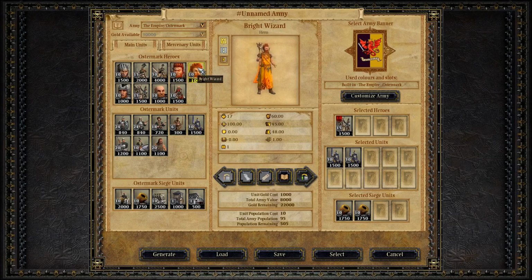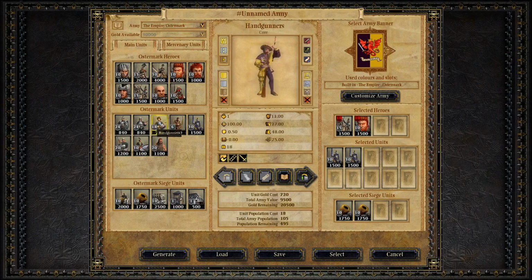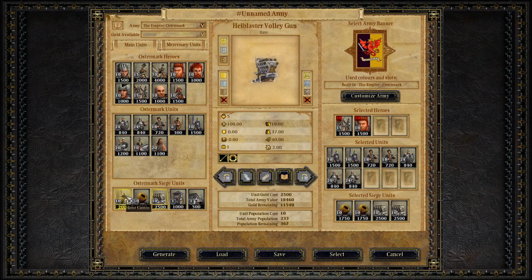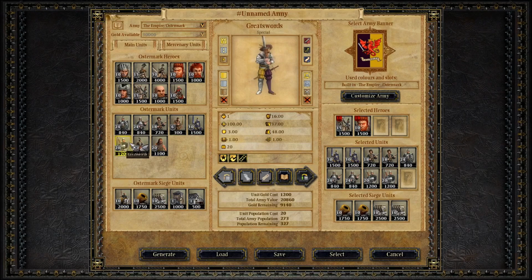So let's see, I have a captain, let's grab a wizard, and let's grab us a couple of handgunners, swordsmen, halberdiers. As you can see, I have quite a bit of a budget to work with here, so I can create a fairly big army, honestly. So let's go wild. Let's see, we have 2 of each. Actually, no, we don't. Right, we spent most of our gold on,